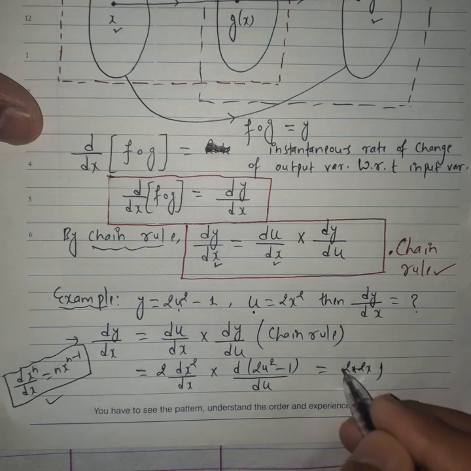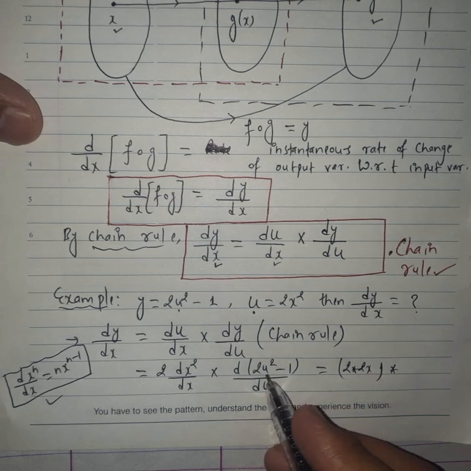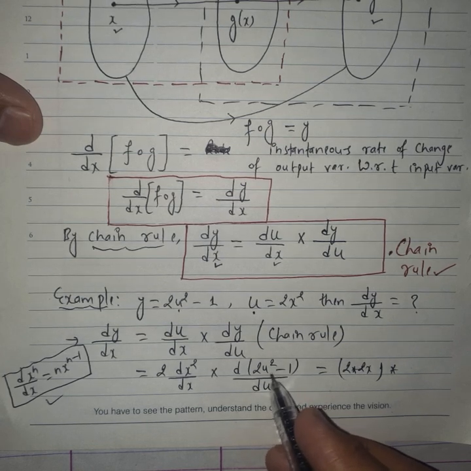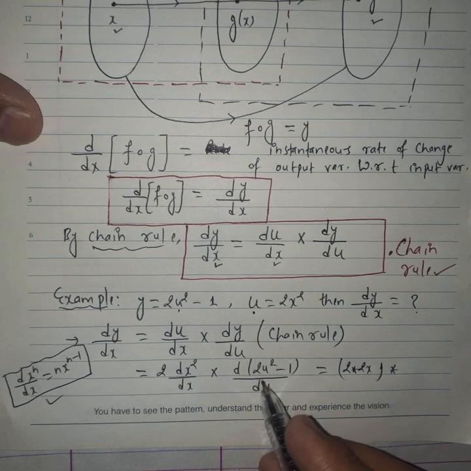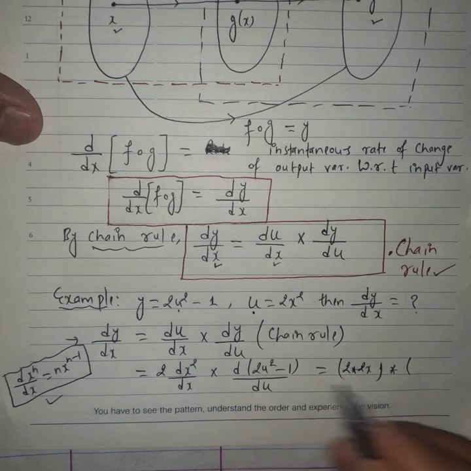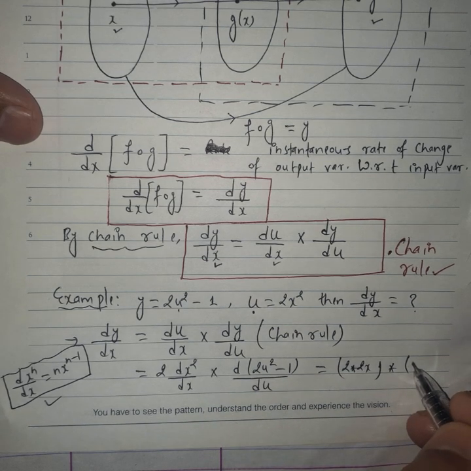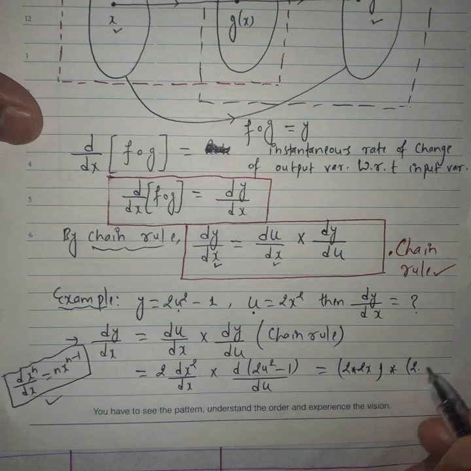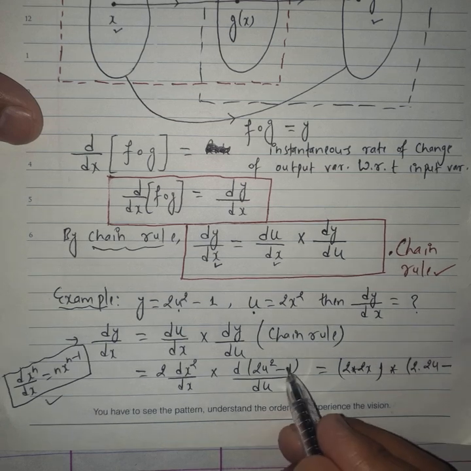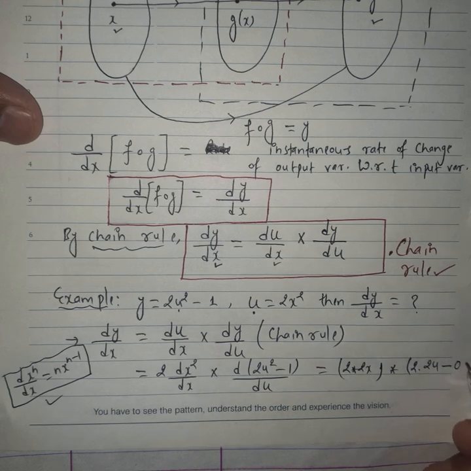and this is all multiplied by this, and we can distribute the differentiation over the subtraction by using the law of the difference. We can use the derivative of the first function minus the derivative of the second function. The derivative of 2u squared with respect to u is 2 times the derivative of u squared, which is 2u, minus the derivative of 1, which is a constant, and we know the derivative of a constant is always 0.